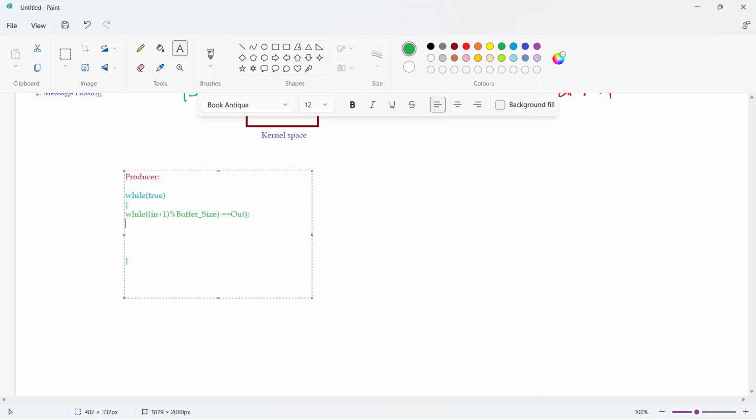At that time, what I am doing, I will be writing, let us consider that buffer, whatever we are saying, let us represent with a buffer array. Now buffer of in, I want to store whatever item has been produced by the producer. Let us consider he has stored it in a variable called next produce, that will be stored here, and the in value should be incremented because it has to point to the next free location, right? So in is equal to (in + 1)